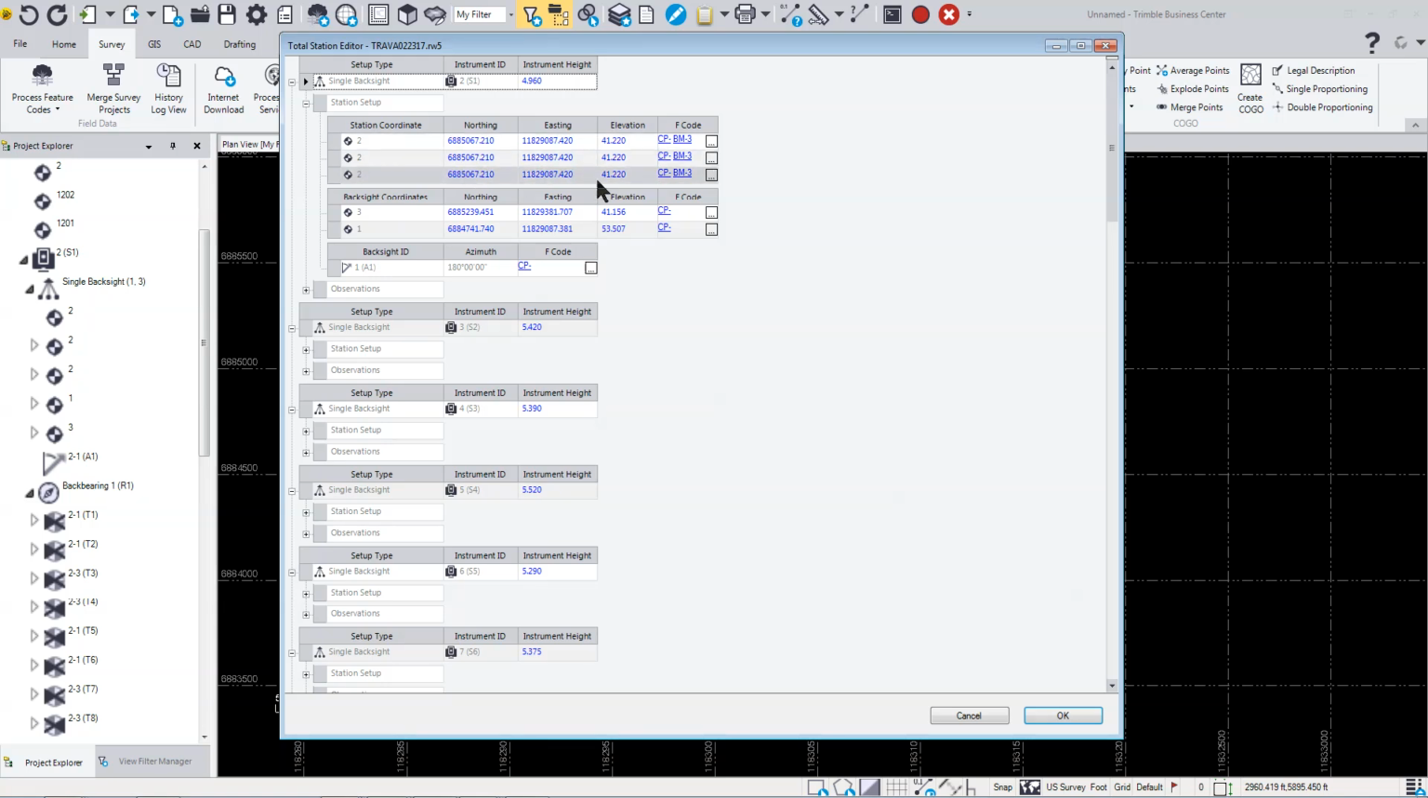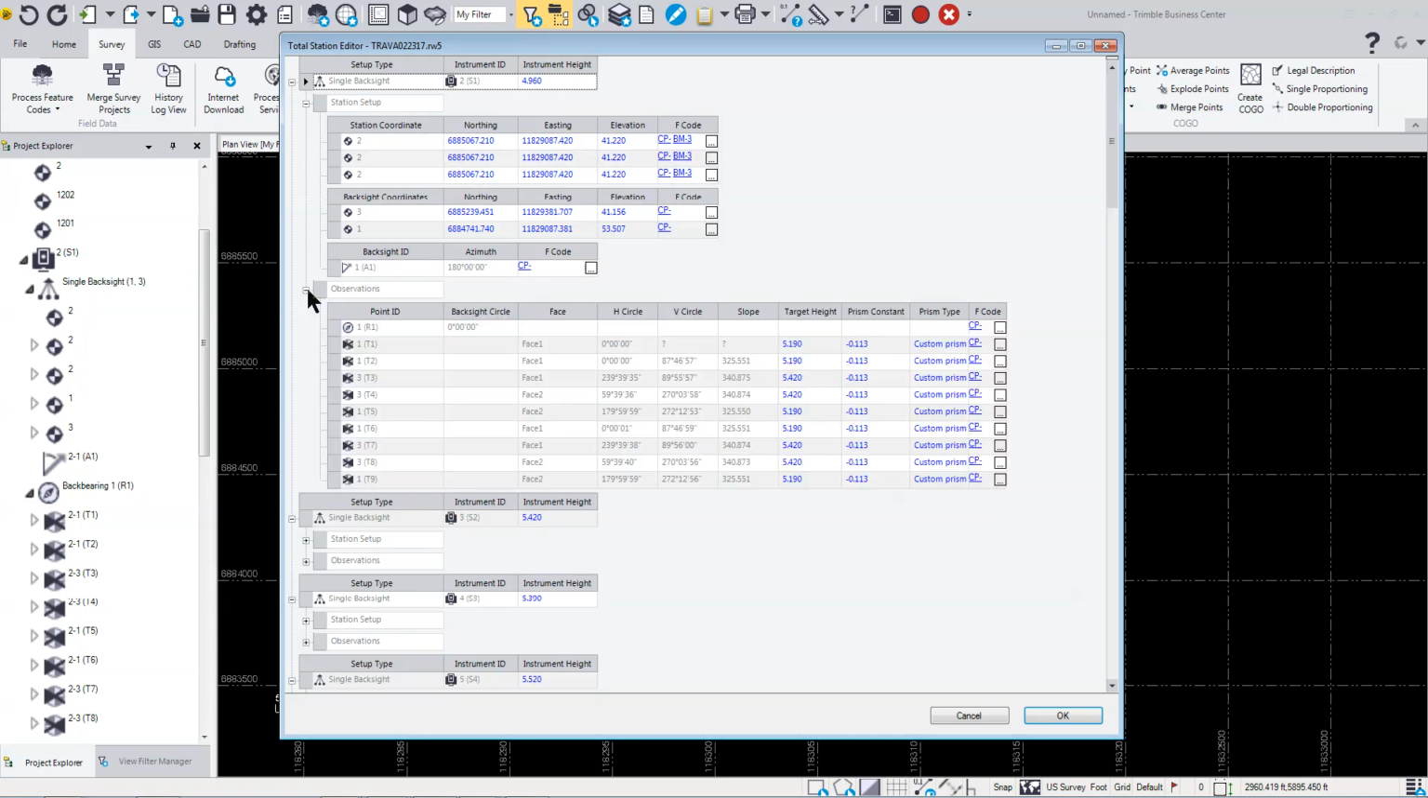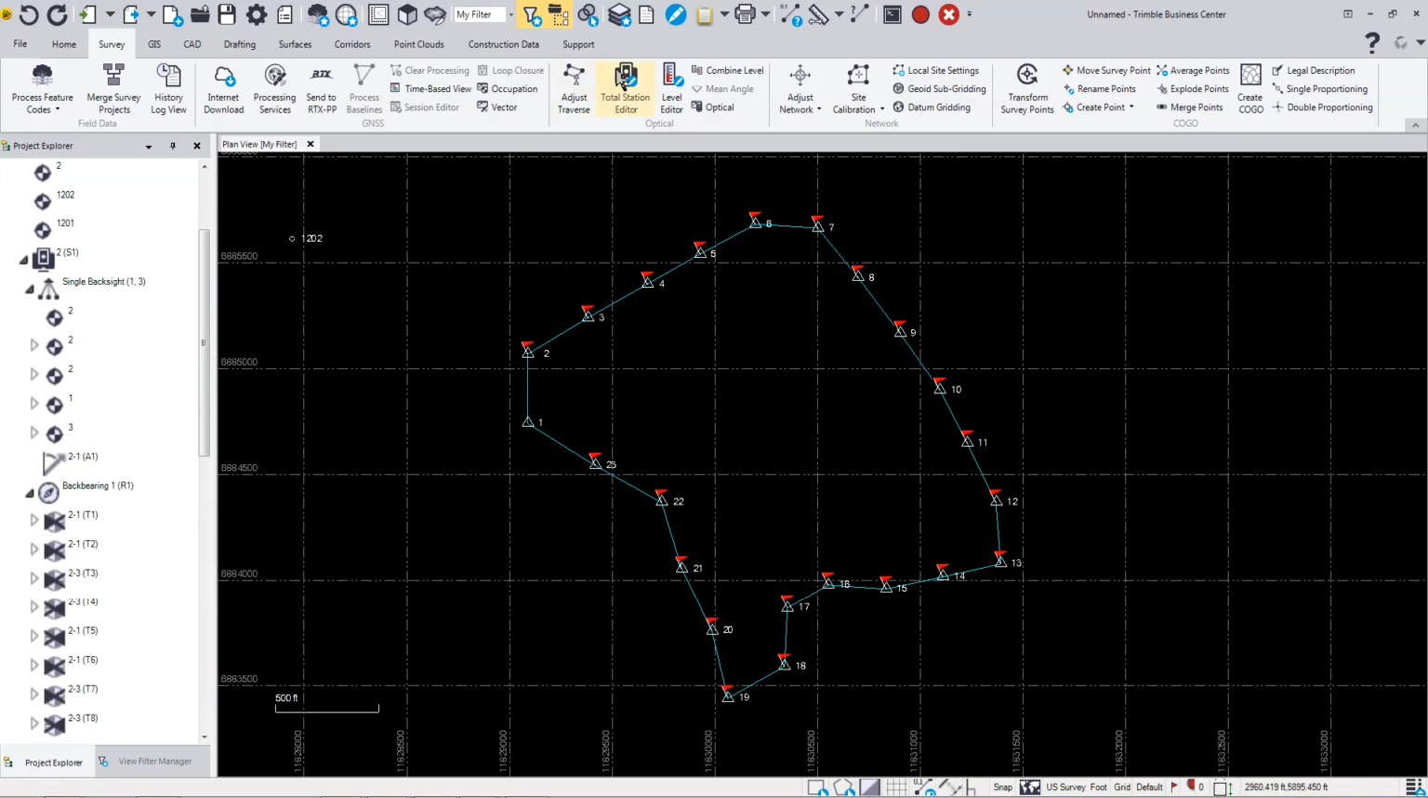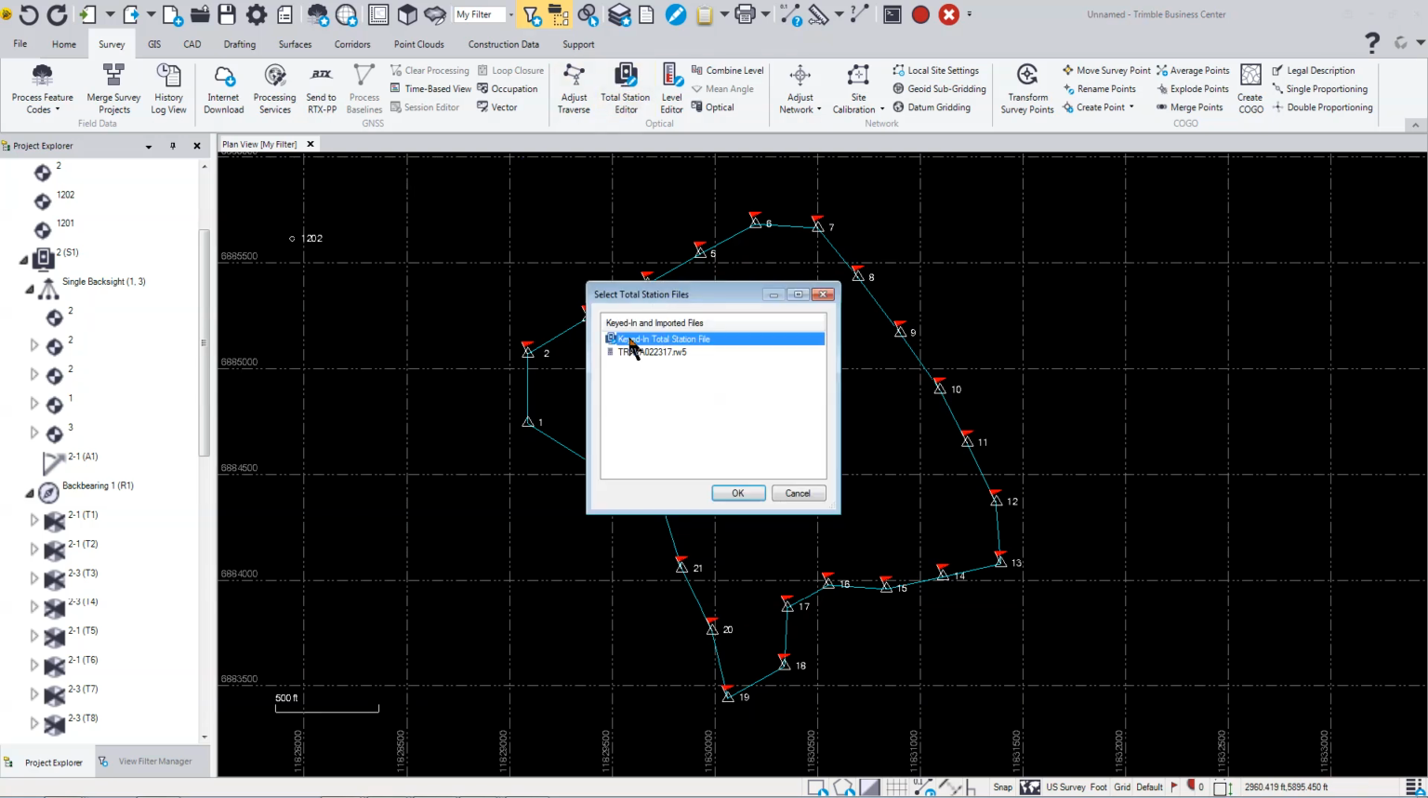You can look at the coordinates of the stations and the code and the elevations and so on, even look at the observations. So here you can see the information, and again you can change some of your constants and stuff if needed. Now if I go back to the total station editor and select the keyed in total station